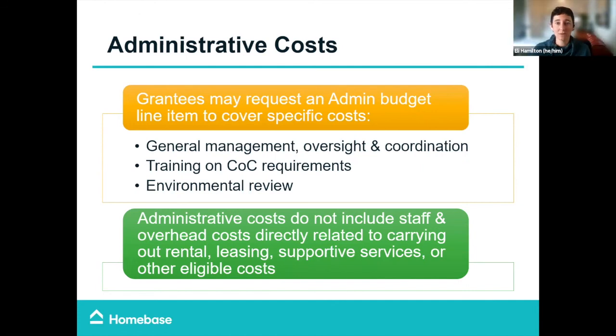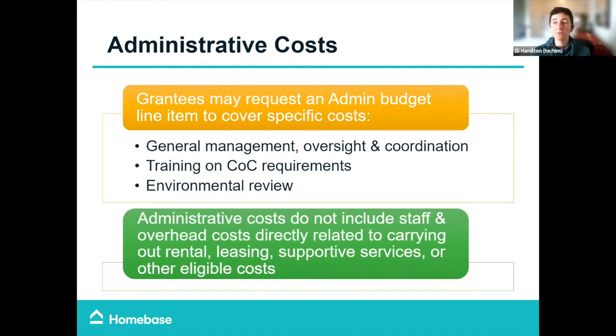But in the context of a CoC grant, admin costs means a specific set, a delineated list of eligible expenditures that are tied specifically to administering the grant, not your general admin for your agency, but things